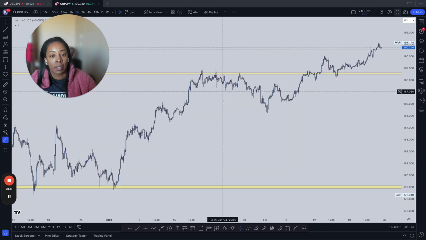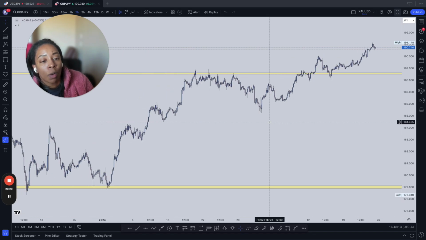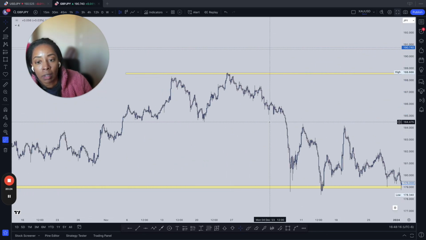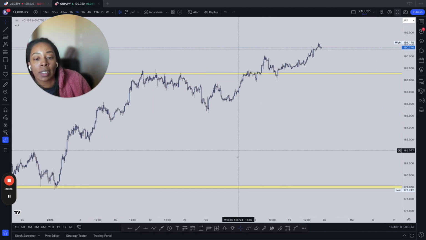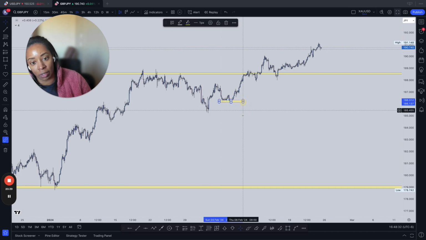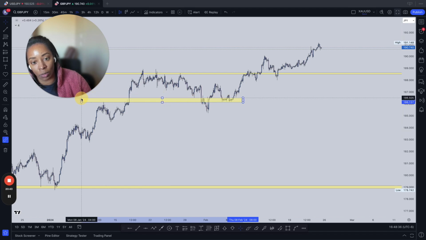So let's go ahead to the 2-hour, and then I will add some more lines back, mainly because on the 2-hour, you can see a lot more detail. So this is what I'm talking about. So right here, if I come down here, I can see a support level that has been formed right here. So this is a support level right here. And then if I drag this all the way over,